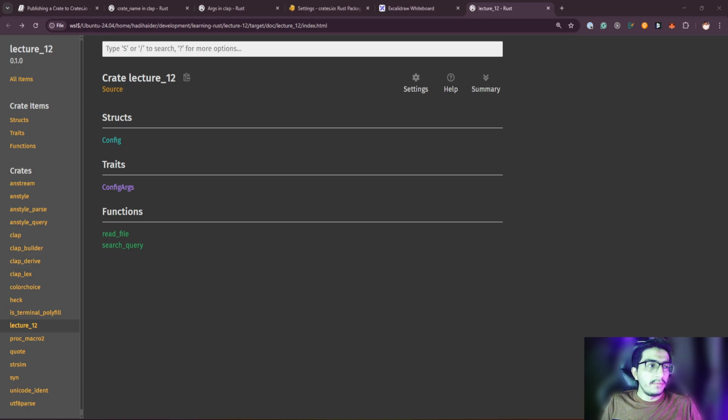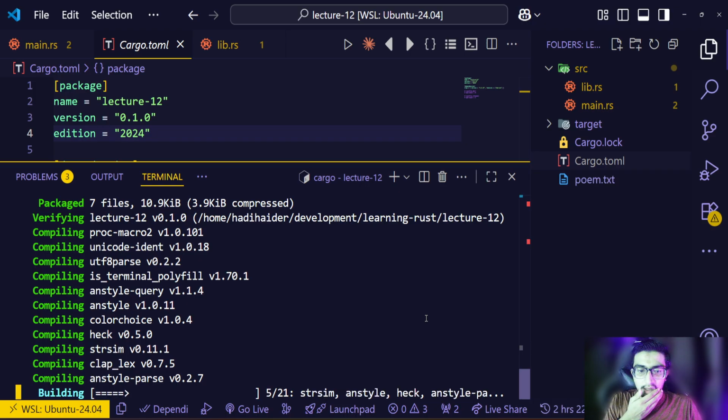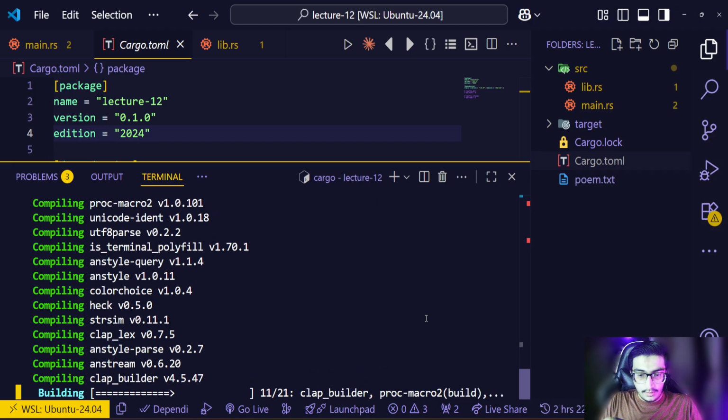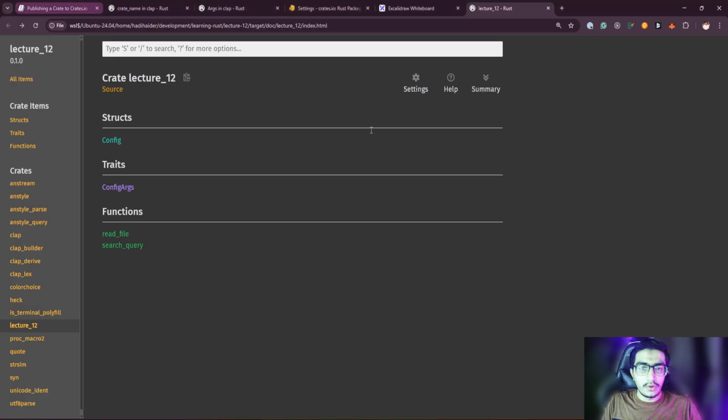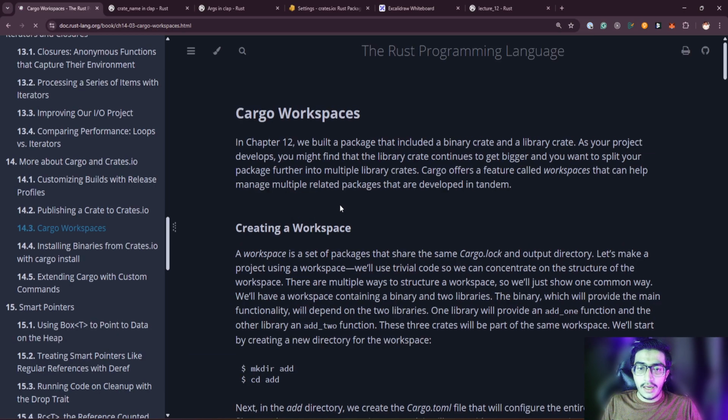All right, so I have verified the email. Let's just rerun this command, cargo publish, and it's rebuilding everything. Let's just go back to the documentation, and then let's move on to the next topic, cargo workspaces. As you remember, we discussed initially that cargo workspaces is used to manage workspaces in your